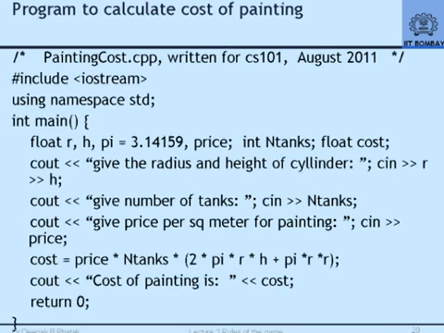This is the program which will calculate the cost of painting. We have gone through similar C++ programs. While you take it down, let me first explain the various lines once again. The first line is a comment. All of you remember comments? They are not meant for C++, they are meant for us. The first line comment tells us the name of the program written for CS101 in August 2011. The next two lines are specification lines which we take as standard specification for any C++ program. Hash symbol, include, less than, iostream, greater than. So that is a line that we will write permanently.